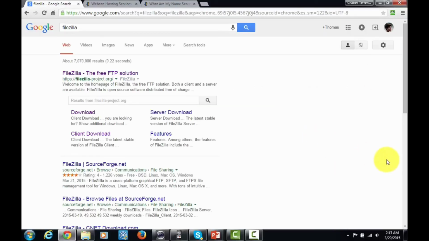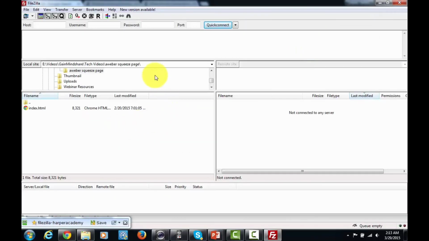Now the free program that most marketers use is called FileZilla, and all you've got to do is go to the FileZilla link right here at the top. You're going to want to download the client copy. There's also a server download, but you want the client copy, and then you're going to have a program on your hard drive. That program is going to look something like this. And you are literally going to be able to see your website from the other end,